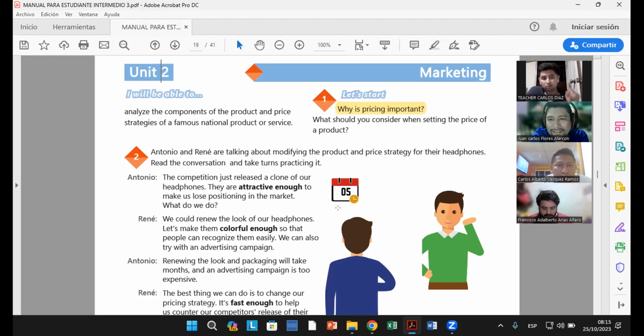Pupusería, they need to do a mapping, or other pupusería. The pupusería in the corner is selling the pupusa at three-quarters, or the pupusería over there is selling the pupusas at 80 cents. So if this pupusería wants to produce revenue, they have to set the price between 60, 70 cents. Yes or no? The price has to be